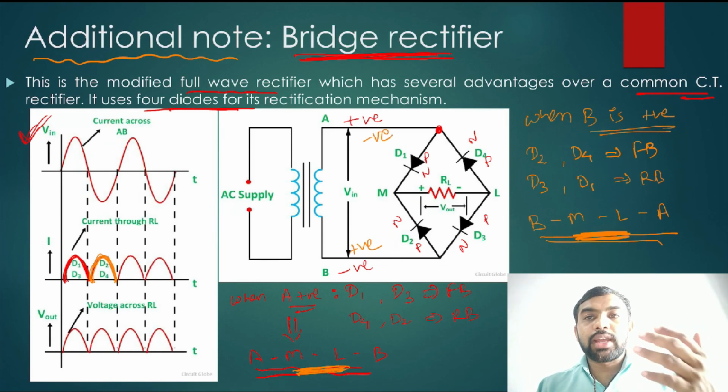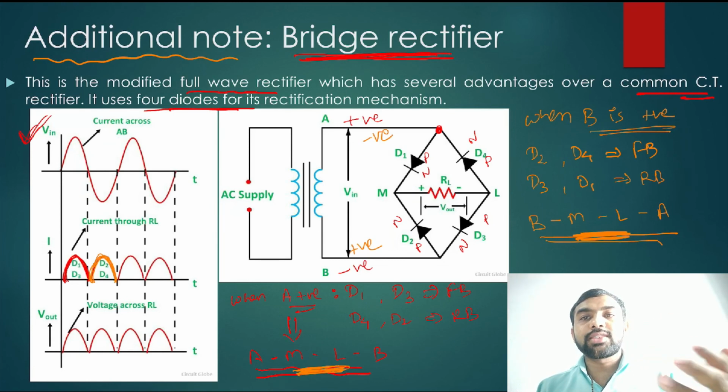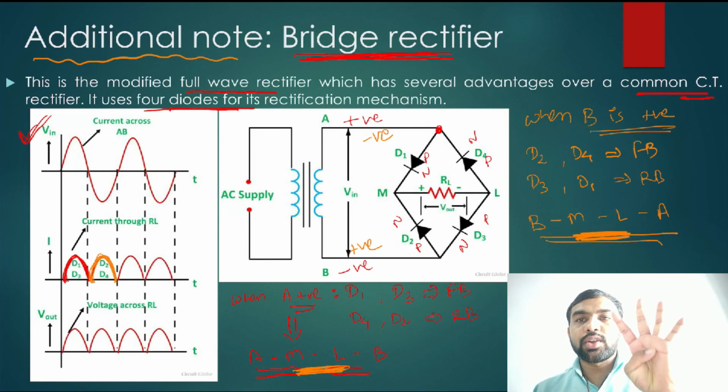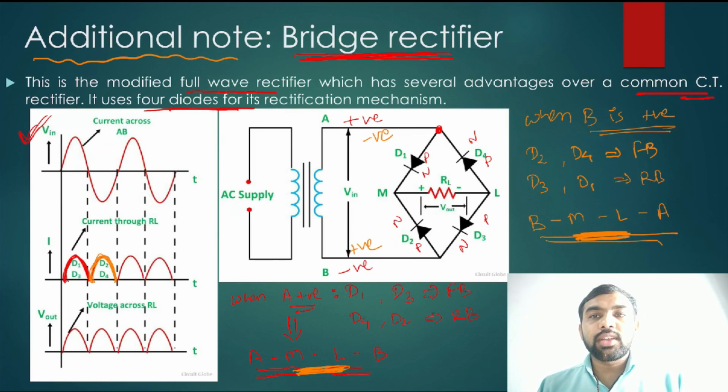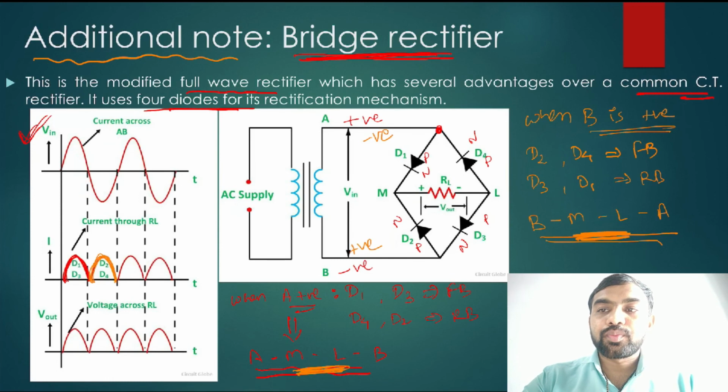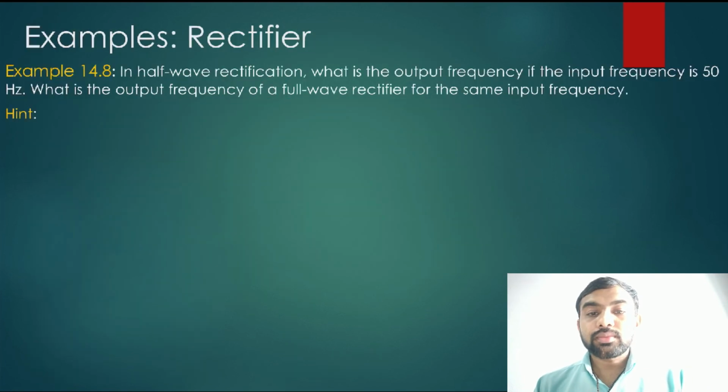And many times this type of question is asked in the examination. Means 4 circuits are given to you, and the question is to find the full wave rectifier or find the bridge rectifier out of the given ones. Okay, this is the given case. Okay, let's see the next one.